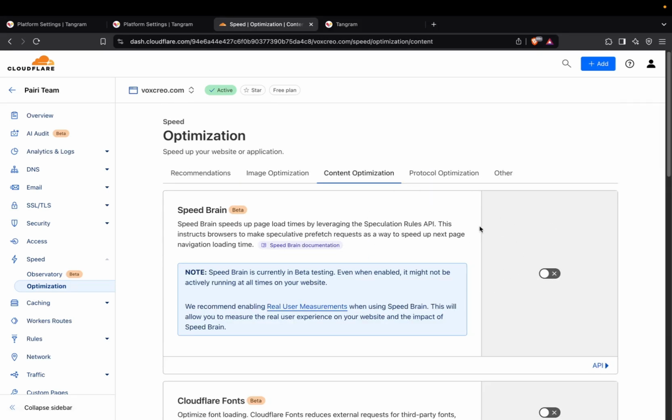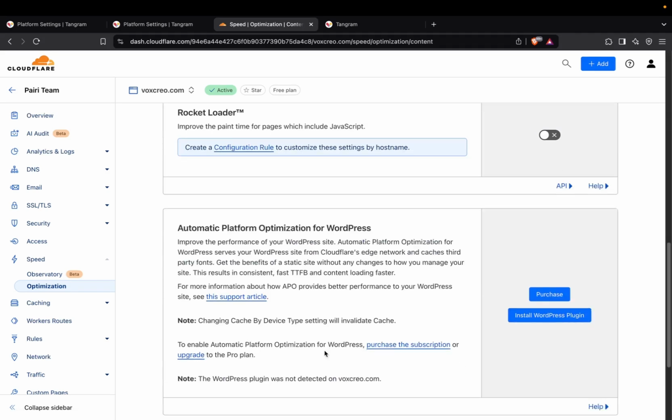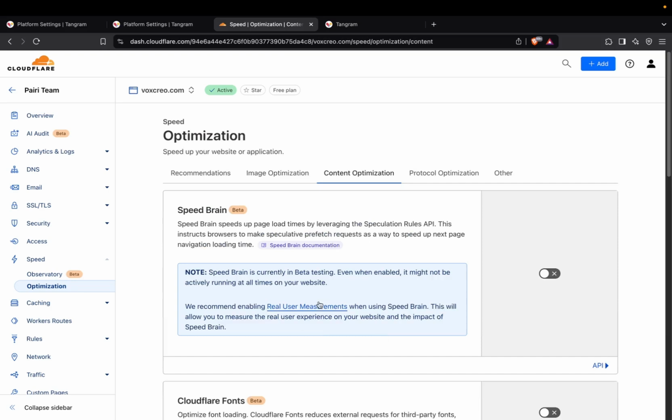Some of them are available for free, but what I would recommend for most people is to use the $20 a month plan because you'll get a lot more value per dollar. It opens up things like these image settings, more speed settings in this menu, and it lets you do things with security and edge workers if you want to do that. I'll go through and